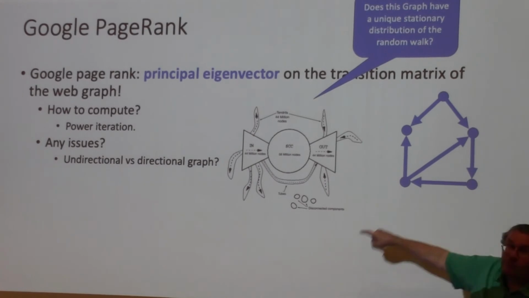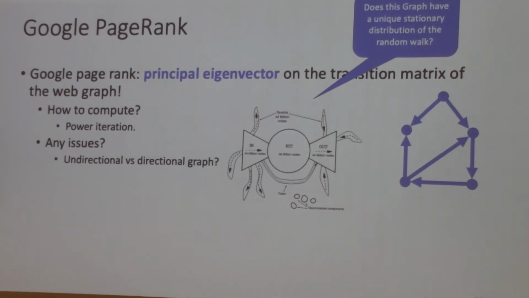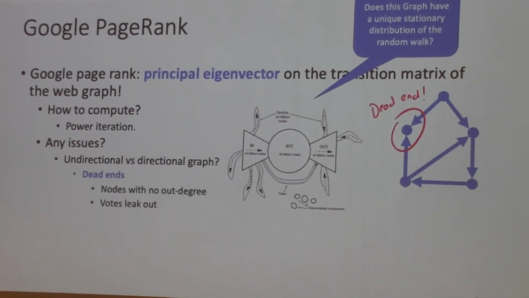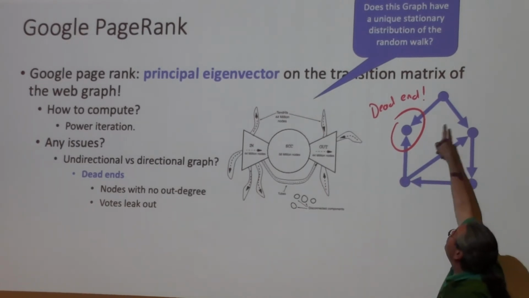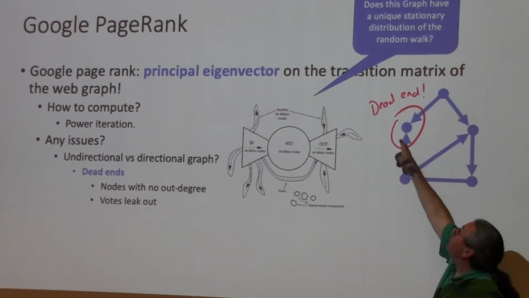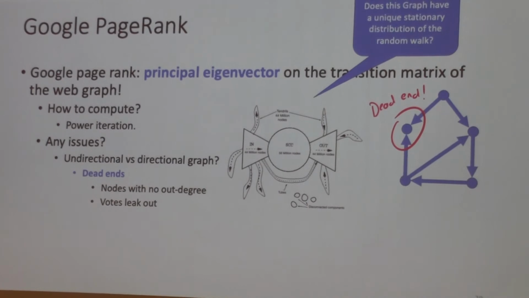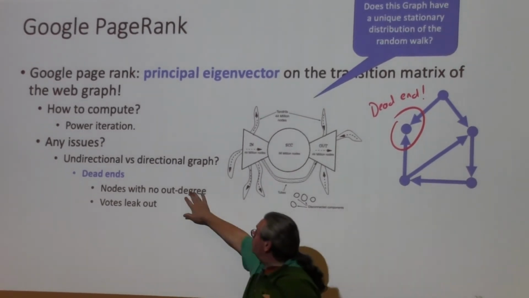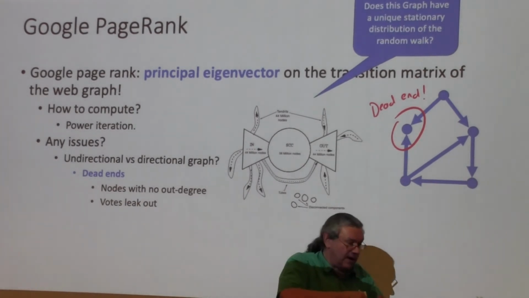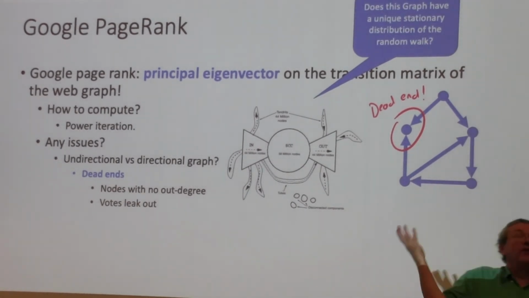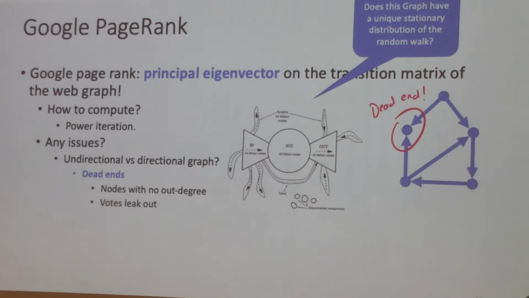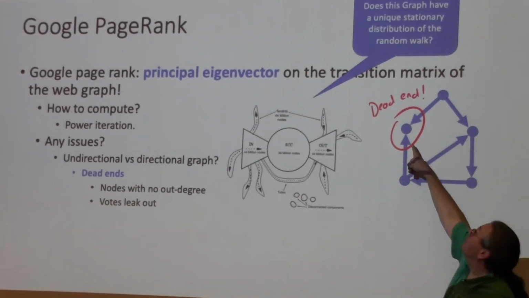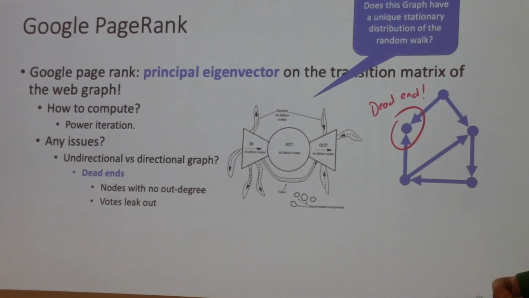So we can actually give names to some of these problems. This problem, where all the arrows go to one node, is called a dead end, a cul-de-sac. It's a node with no out degree. So once you get in there, the votes are lost because they don't come back. The votes leak. I remember these because you never see them again. So this one was called a dead end.